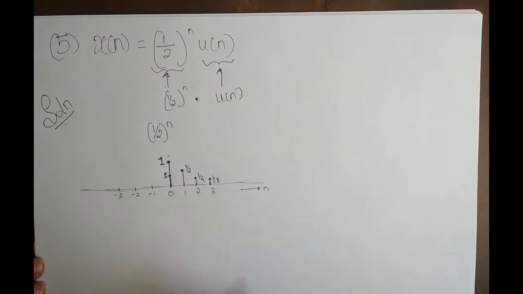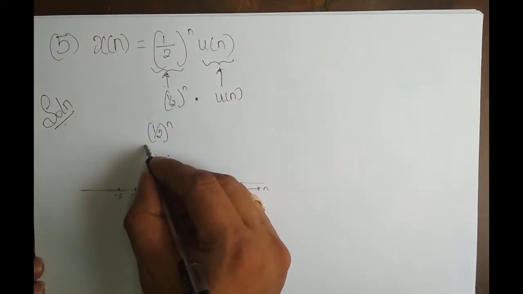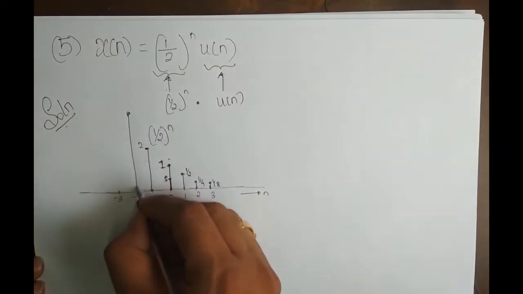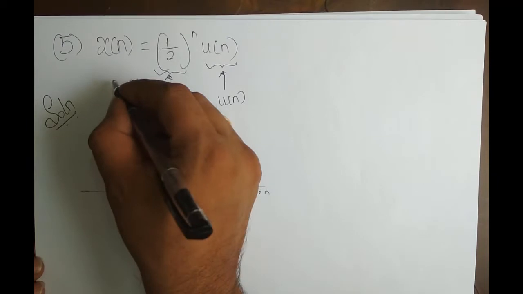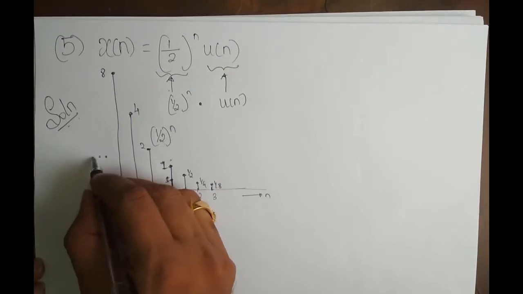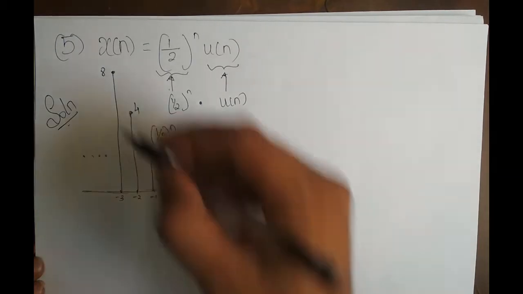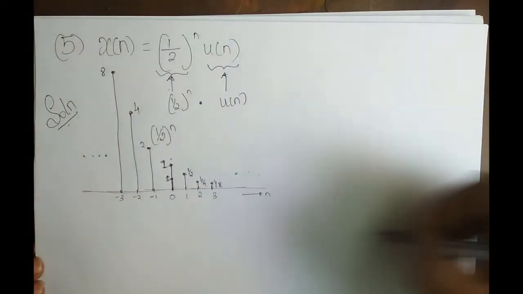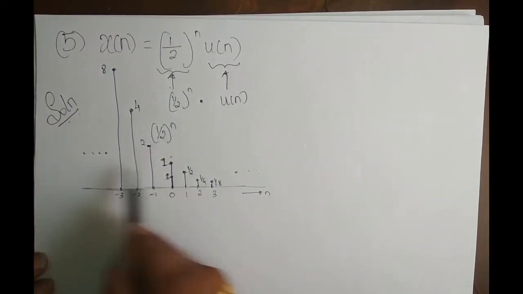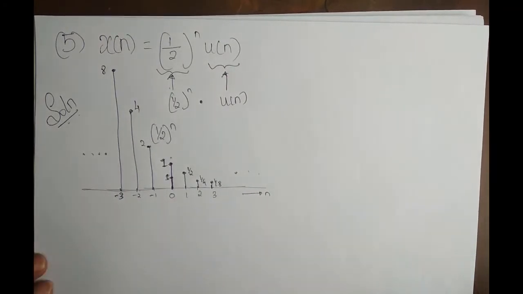So it is basically decreasing, right? At n equal to minus 1, what is the value? 1 by 2 power minus 1, which is 2, right? At n equal to minus 2, 1 by 2 power minus 2, it is 4. And at n equal to 3, it is 8. It is not as per the scale, but you can guess what's happening. As a whole, it is decreasing. So this is our 1 by 2 power n signal, where n varies from minus infinity to infinity, but I have taken from minus 3 to plus 3. From this we will come to know how it looks.